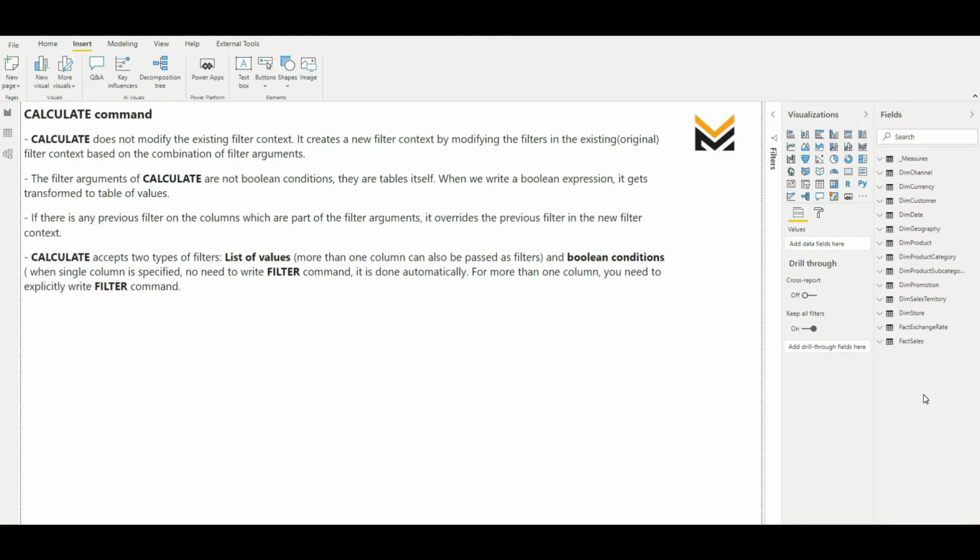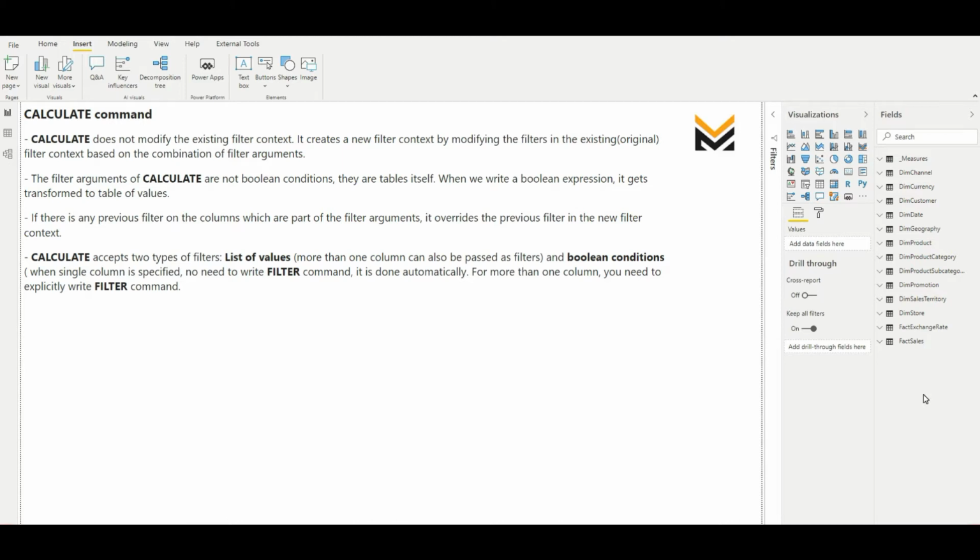So suppose you are passing one value, suppose brand name equal to Contoso, what will happen is DAX will internally convert that into a single row table. So that table would contain only one value, product brand name is Contoso. Okay, so a single row table. Like this, if you are passing multiple values, then that many rows will be in the table.